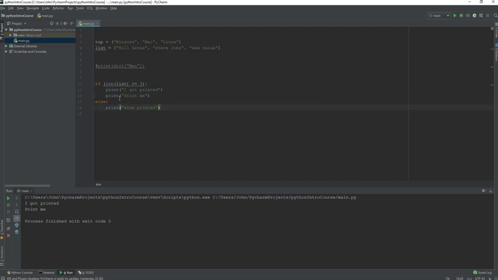So you can construct if statements and control what part of your code gets executed based on different events that occur in your code. You can also have multiple checks, such that you can say elif, meaning that this is basically a new if statement added to your old if statement. So we will say length of the list equals to 4, and then we will change this to 3,